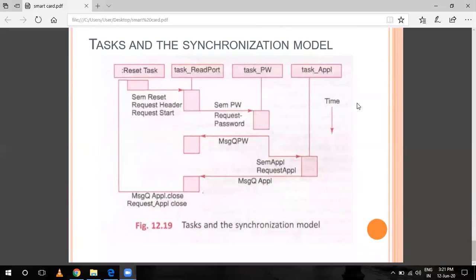Task and the synchronization model: reset task, task read port, task PW, task application. So this is my SAM reset request header, request start, request password, and SAM applications, request application, message queue application time, and the message queue application close. This is the request application close.